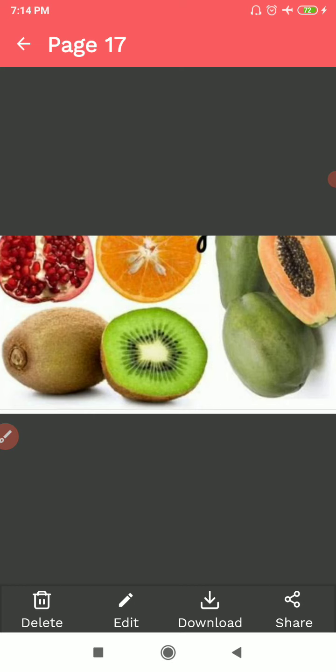Let us see the uses of fruits and seeds. The extra food prepared by the leaves is stored in the fruits. Fruits have seeds in them, and new plants grow from the seeds when they get favorable conditions, means when they get sunlight, air, and warmth. They grow into new plants.